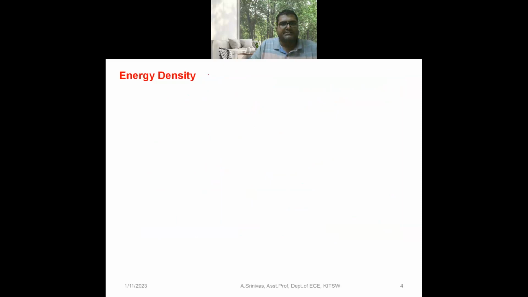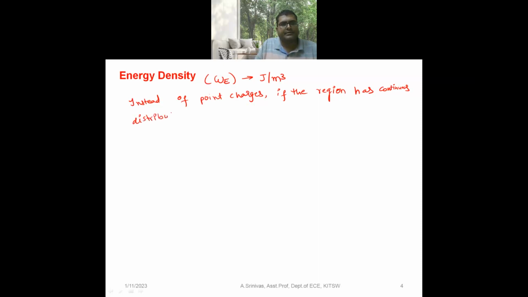Energy density is represented by small w subscript E. The units are joules per meter cube. Instead of point charges, if the region has continuous distribution of charge,